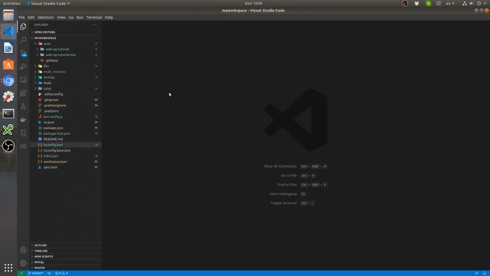Here's my VS Code. In the previous tutorials, we have set up an Angular web application, which has been shared with libraries and Xplat web. But right now, we're going to go a little bit further, and we're also going to set up a NativeScript app. That way, it will be much easier to see what sort of code gets shared where. So without further ado,